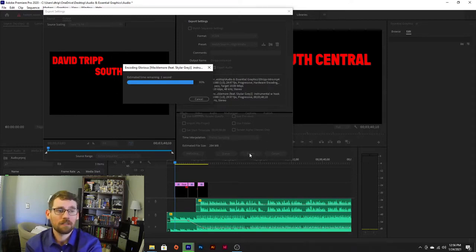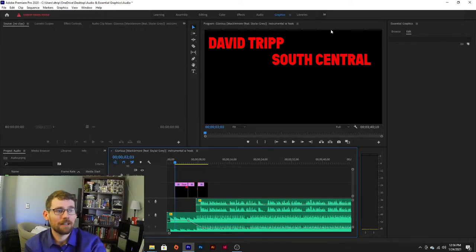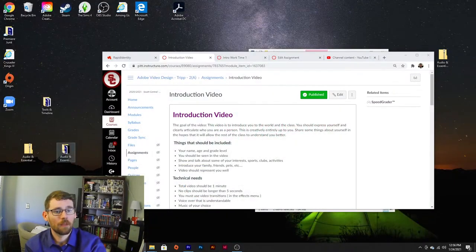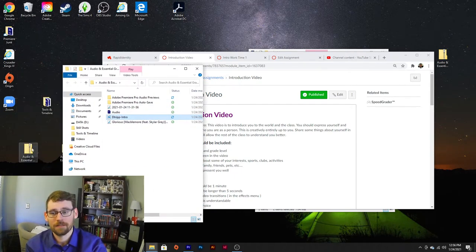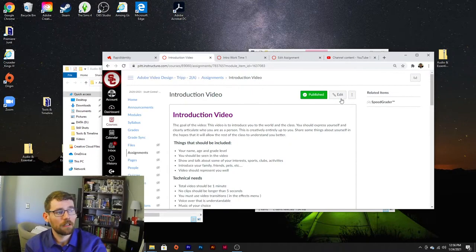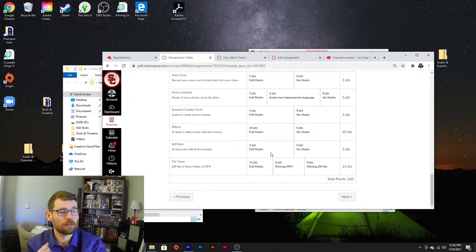Now when it exports, it's going to create that MP4 file inside of that folder. So you will turn in this MP4 file and this zip. If you click submit up here, it'll give you an option to add another file. You need to add another file so that I get two things here. I can't grade it properly without both, okay? Once you've done that, your next assignment will be to go in here